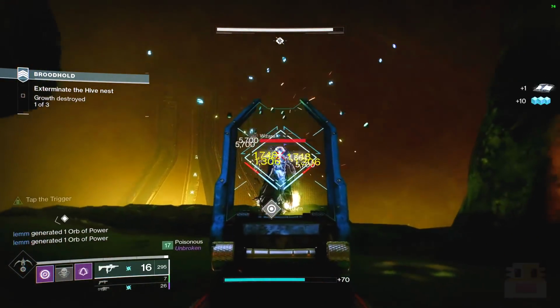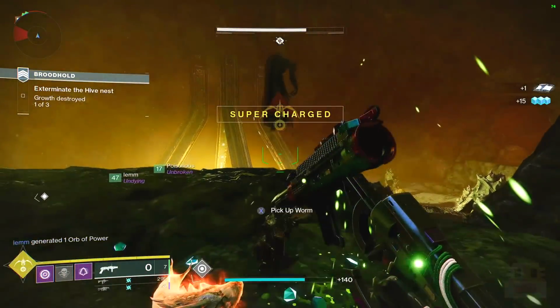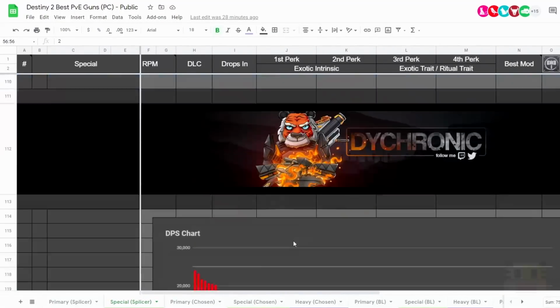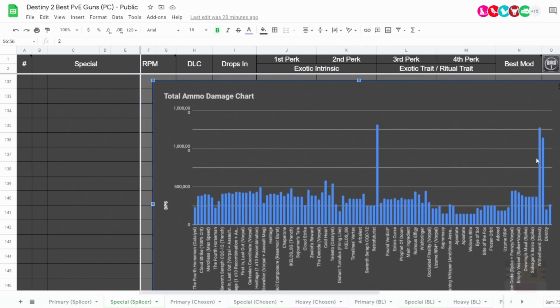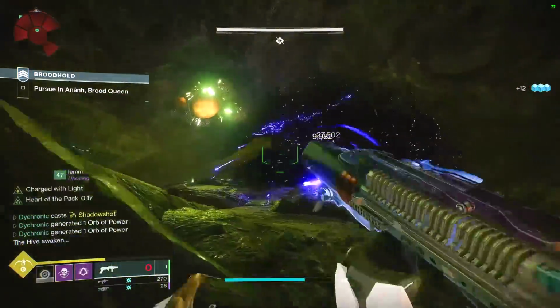And something like Witherhoard, you can not only combine damage with that and another thing at the exact same time, it has 1.3 million full ammo damage. And if you scroll all the way down on my spreadsheets, you can actually see a bunch of charts, and you can see that Witherhoard just doesn't have any competition when it comes to full ammo damage. It's just extremely high. And in my opinion, definitely deserving a number 2 and a number 6 slot